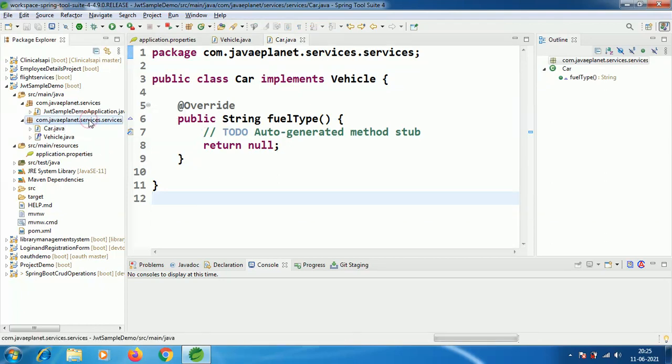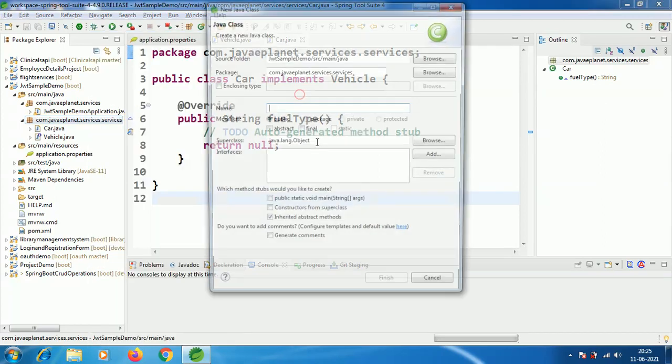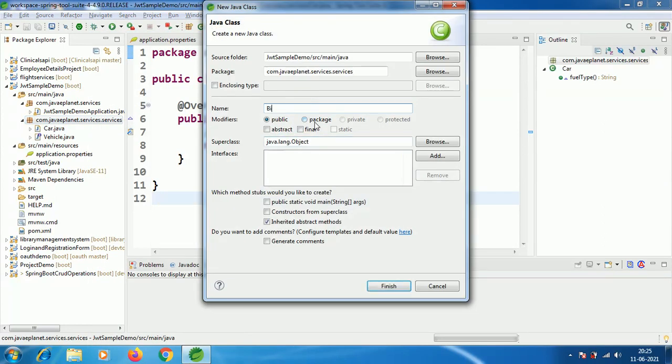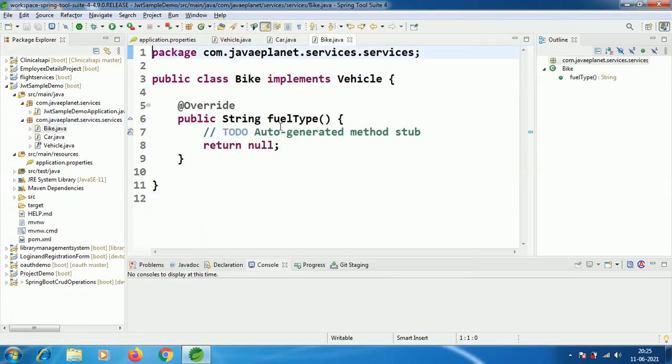Let me take another class, the Bike class, add the interface and implement that method. Click on finish. Here I have implemented the VehicleInterface in both of these classes.